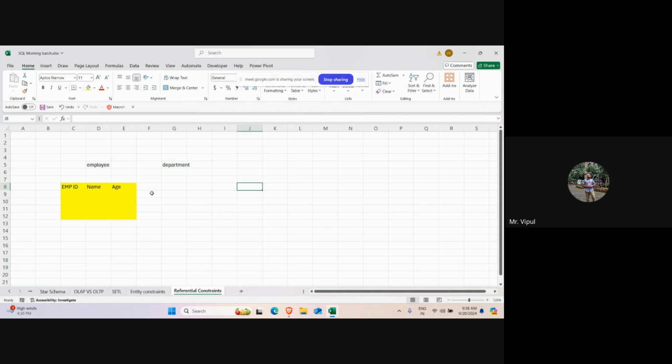And there is another table we have, which is the department table. This is the employee table. This is the department table. So let us take department over here. And we have department ID, name, and address of the department, right? So the department table has got department ID, department name, and so we can already specify uniqueness constraint as part